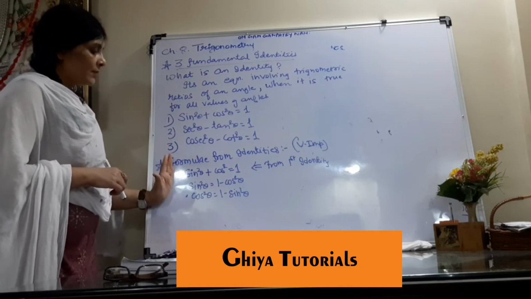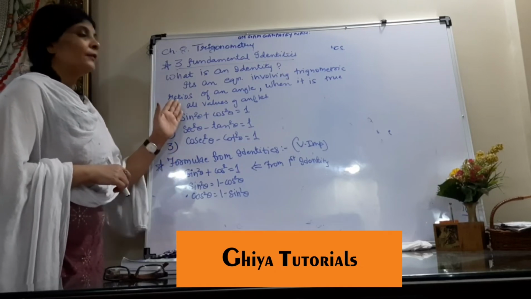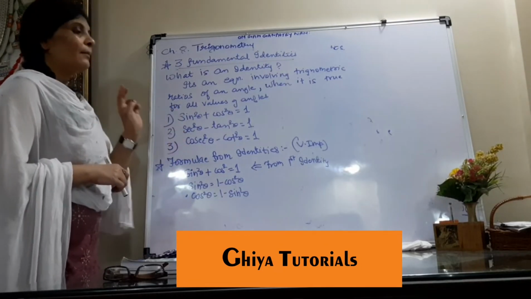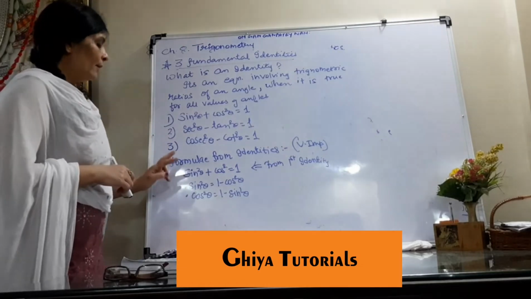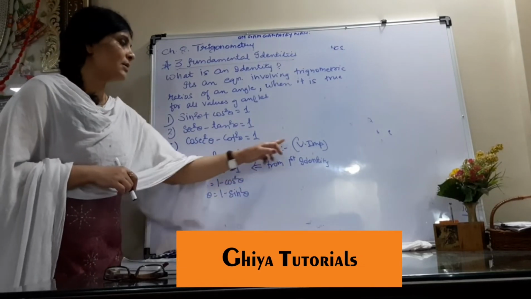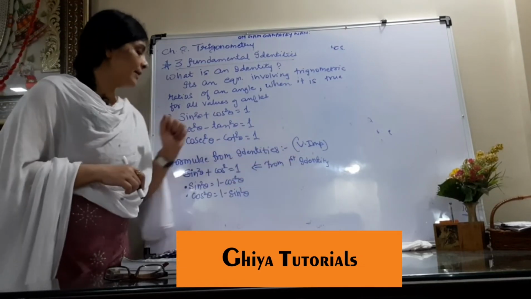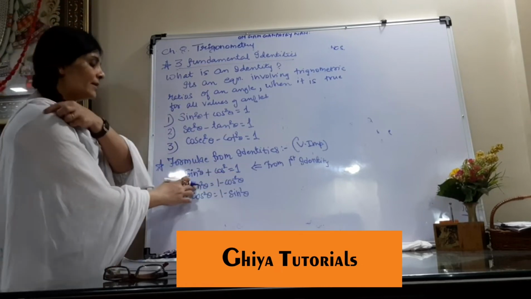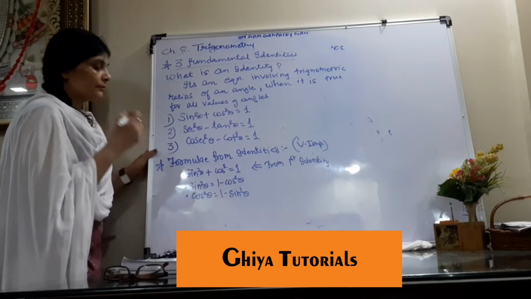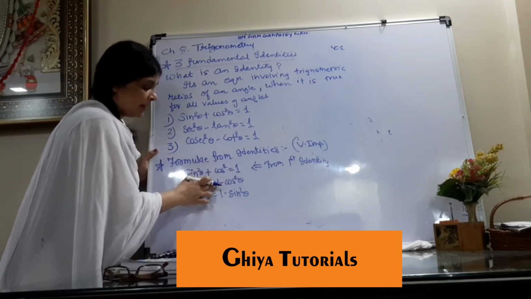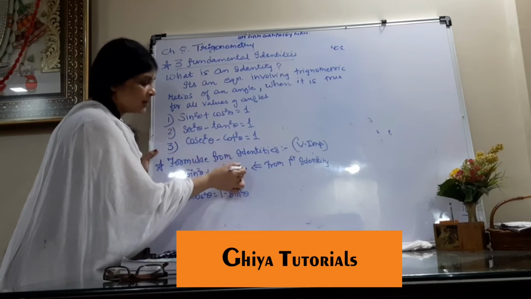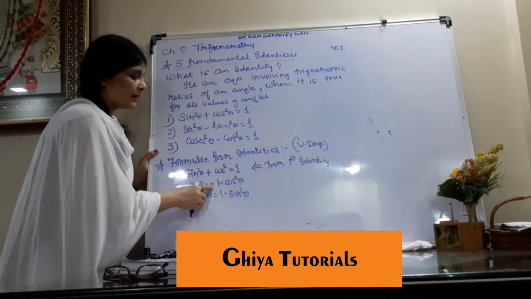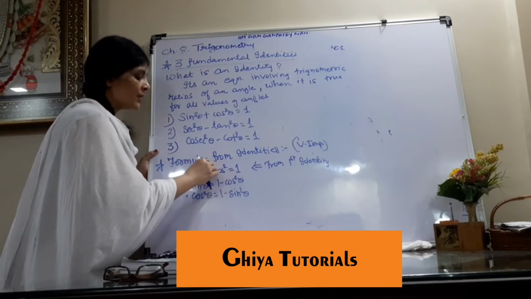And we are obtaining 2 more formulae from each of these identities. Formulae from identities. It is very important. From first identity, sin square theta plus cos square theta equals to 1. You see, sin square theta equals to the right hand side 1. So we are just shifting cos from left to right. It becomes minus cos square theta. So sin square theta equals to 1 minus cos square theta, as the bridge is crossed.